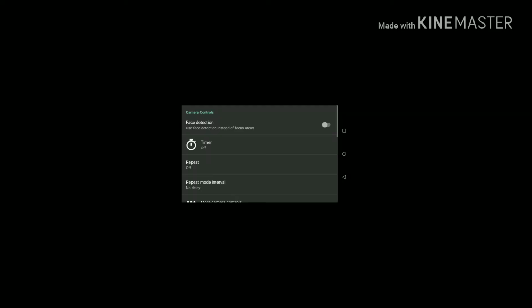So what I'm going to do now is go to settings, and then from settings we scroll down and we go to video settings. Open that, scroll down, and in here we will have audio source. Open that and select external mic if present, the same as I have. And then that way, as soon as you plug in your external mic, it will pick it up and you'll be able to record brilliant audio for your